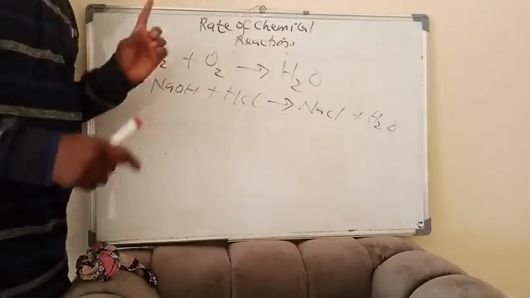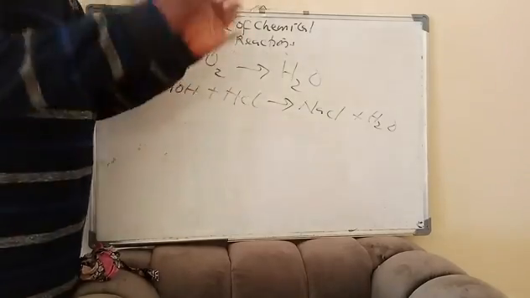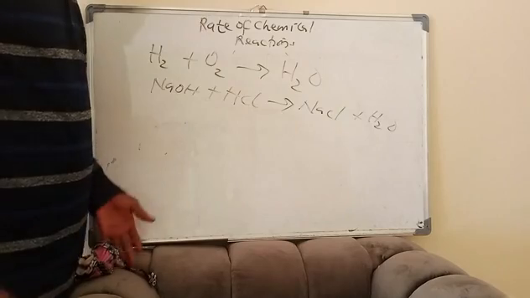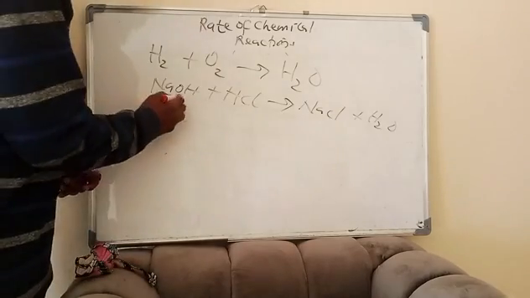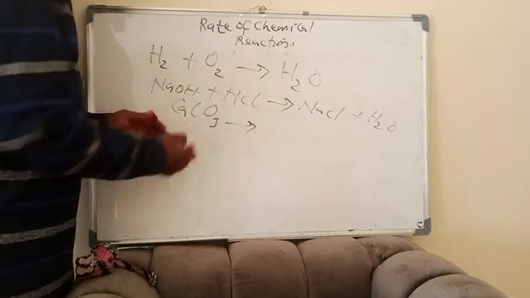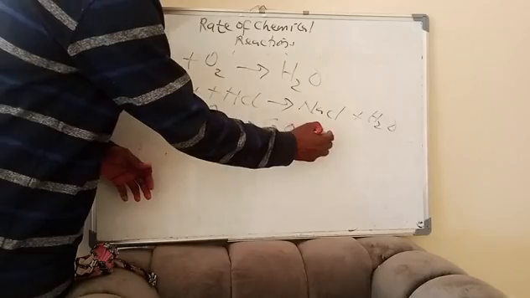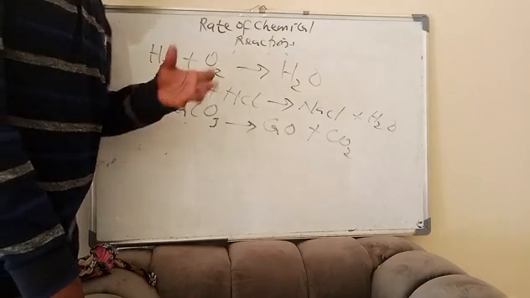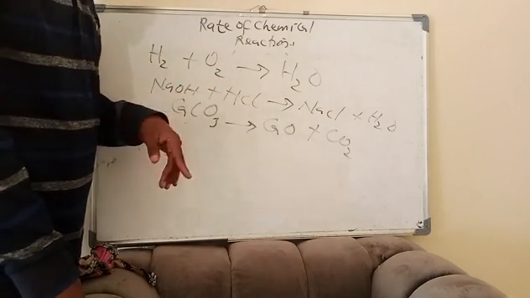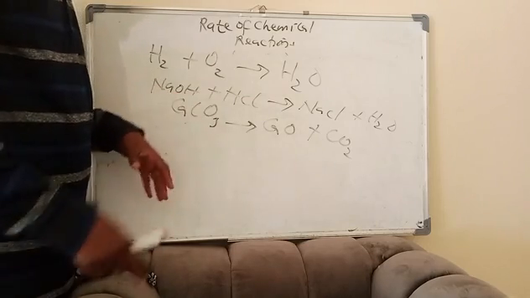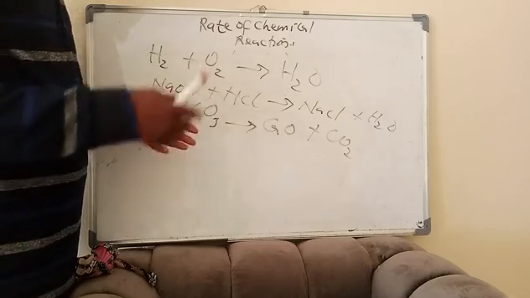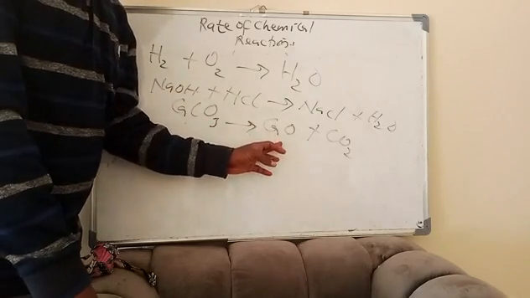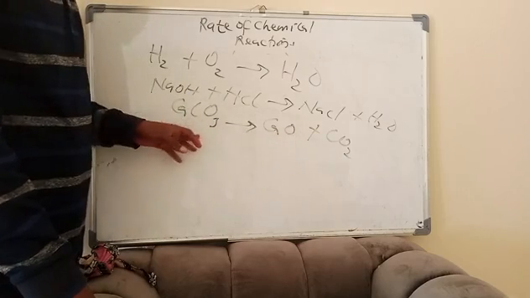In some reactions, only one reactant is involved. One reactant breaks up, that is a decomposition reaction. It breaks up and forms two or more products. You understand? Like when you have your calcium carbonate, when it decomposes, it forms calcium oxide and carbon dioxide. In cement production we call this reaction calcination, whereby calcium carbonate at certain temperatures, let's say 800 to 900 or 900 to 1000, breaks up, releasing the free lime and the carbon dioxide. So this is the thermal decomposition reaction.